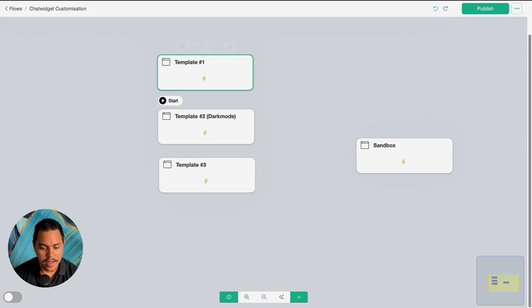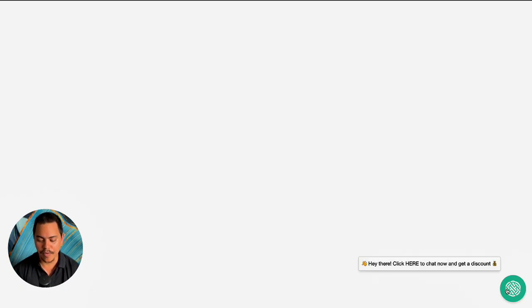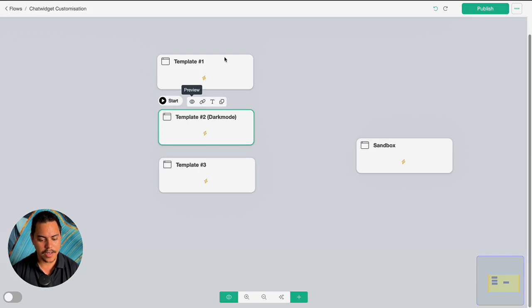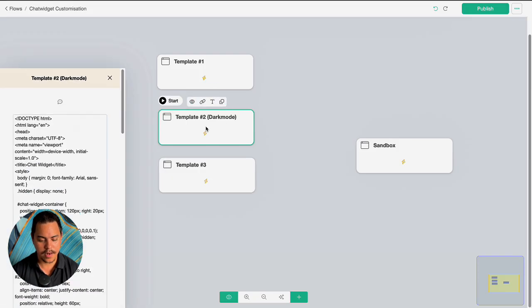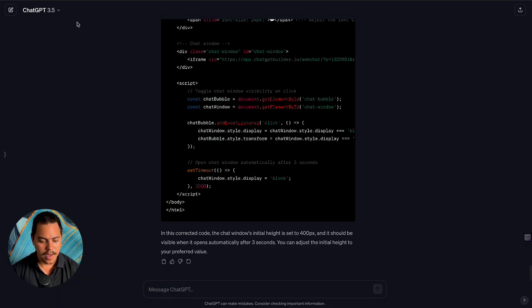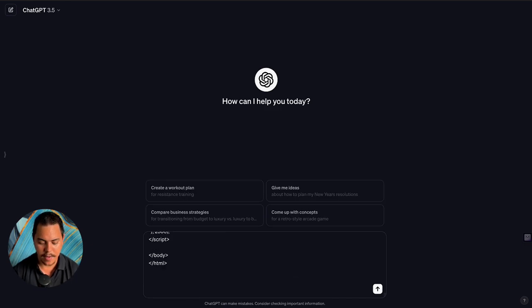Now let's look at the second template, which is preview. This one. Okay. So this one's going to be a bit more fun. Sounds already included and dark mode is there. So chat widget. Click on this, grab the code, copy ChatGPT. Let's open up a new one, paste the code in and say, I want the PNG, because the image is a PNG, removed,